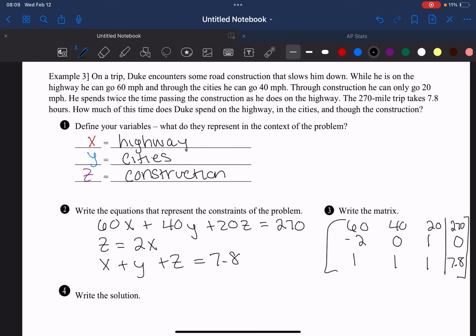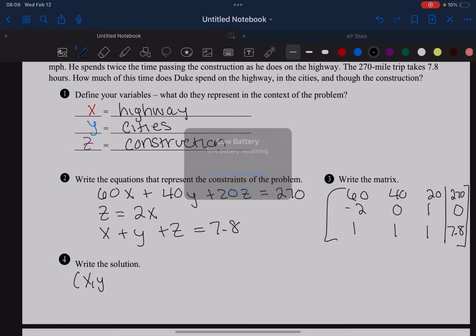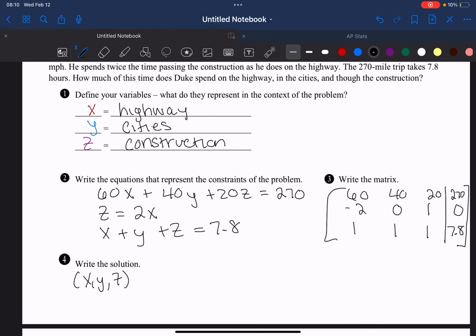Okay. So then if we use our calculator, we get that x, y, z is equal